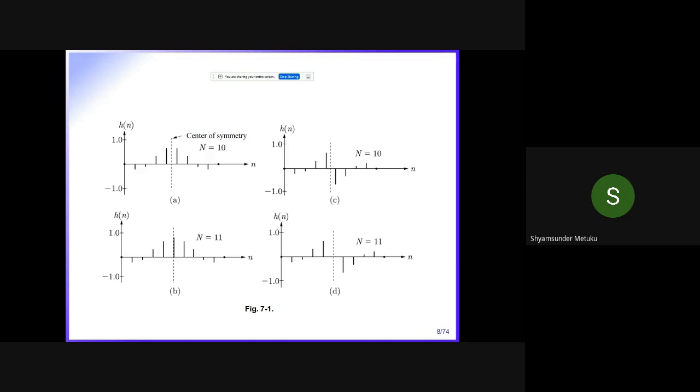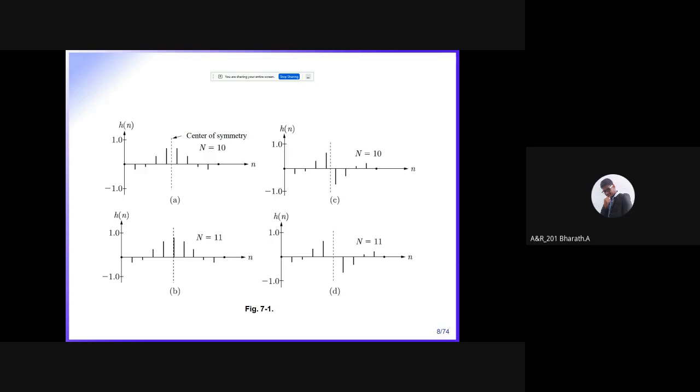If the number of samples is again odd, actually it is not written correctly. It should be 0 actually. For all skew symmetry, it should be 0, even in the D figure where it is not mentioned; it must be 0. Otherwise, it is not possible. Is it clear? What should be 0? The middle point, at n equal to the 11th point. The middle one is not mentioned here, it could be anything, 0 or non-zero, it doesn't matter. With respect to that middle point, the left and right side should be skew symmetry.